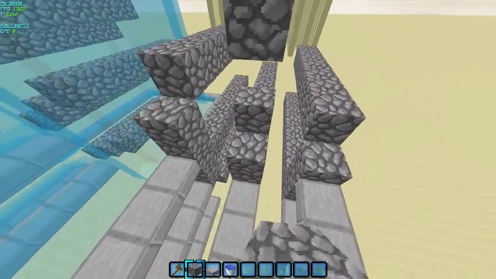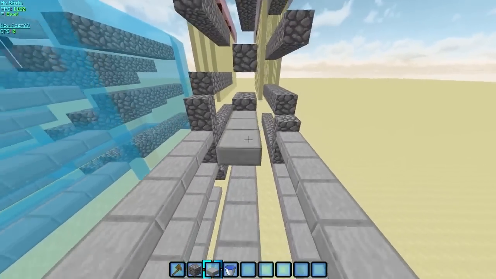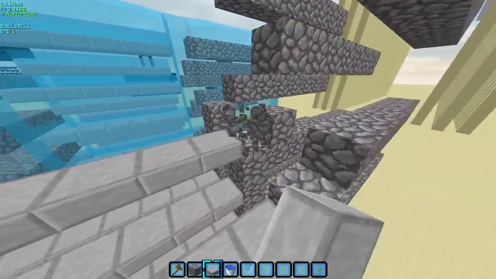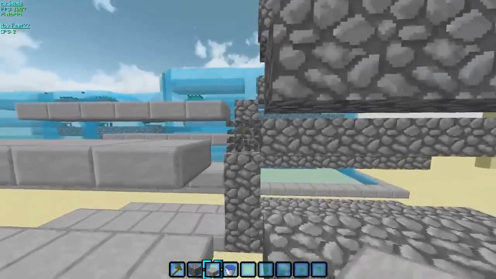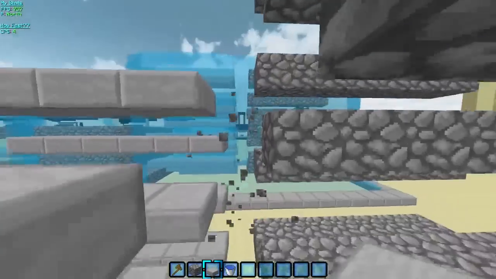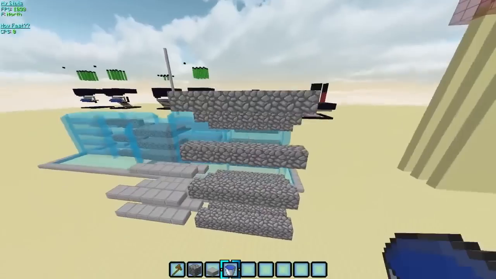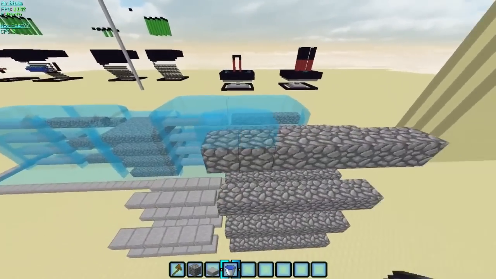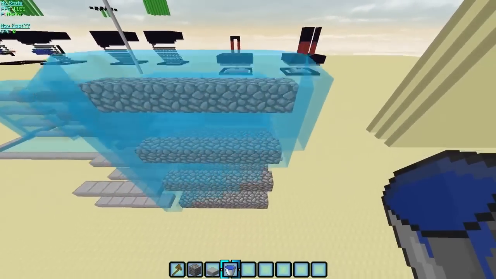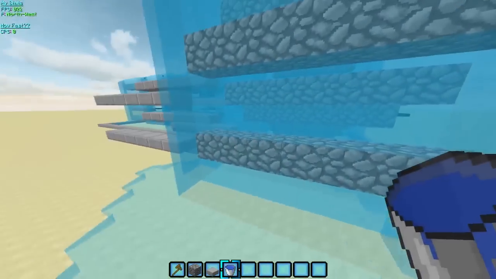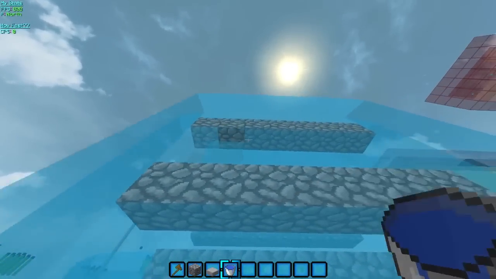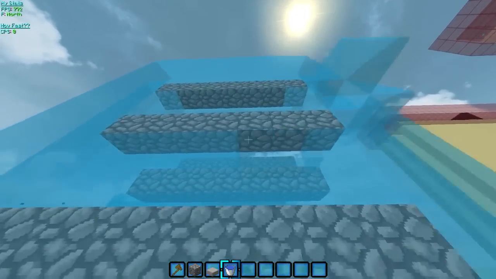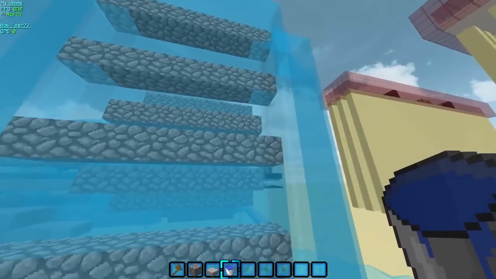And then same thing here, 1, 2, and then place your next row. And the thing with these is when you water these, it's even more annoying, trust me guys. If you place water on top of this one, obviously it's not going to water in between these. So you have to go through in between each one of these, and you have to water each one of